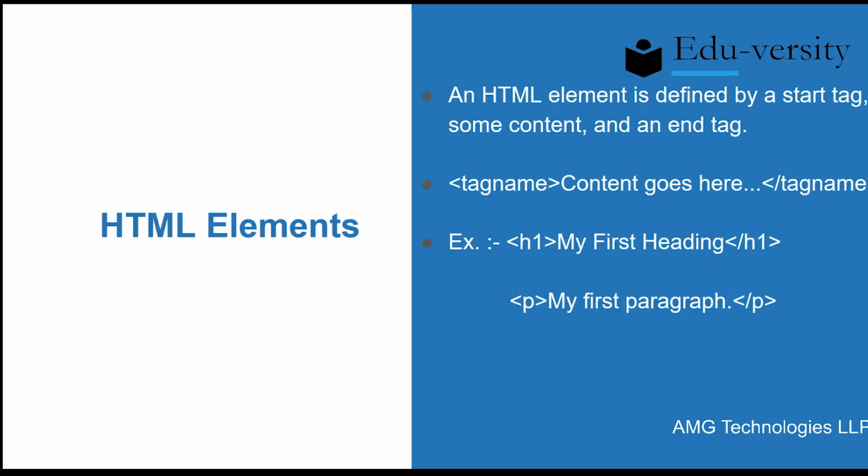Next, let's discuss the HTML elements. An HTML element is defined by a start tag, some content, and an end tag. So as discussed in the previous example, the H1 tag is basically an element that consists of 3 parts: the starting tag, the mid content, and the ending tag. So if I show you,